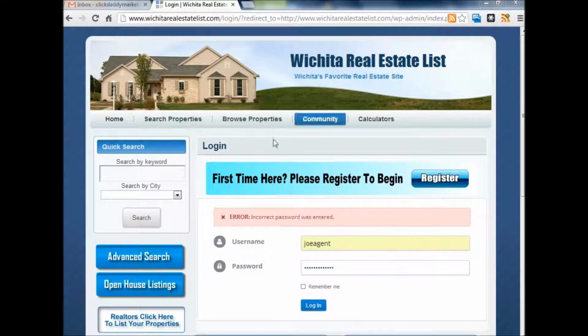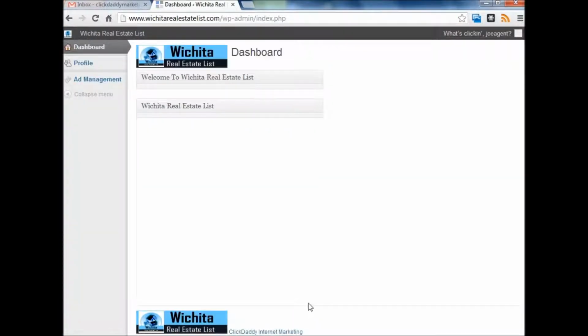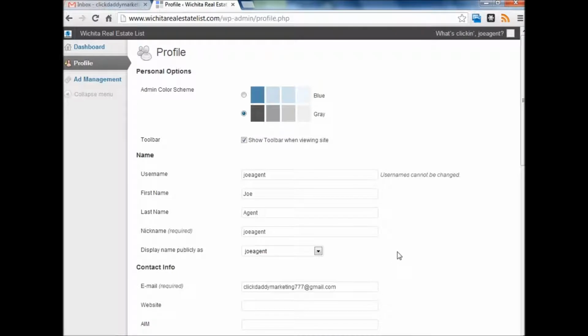I'm going to log back into the site here, and the first thing that you'll come to again is this dashboard. These sections will have information in them, and on the left side we'll notice profile and ad management. The first thing we want to do is select our profile tab, and what this will do is let us put in information that's going to be consistent throughout each listing that we make. And it's very important to do because there's information that you don't want to have to type over